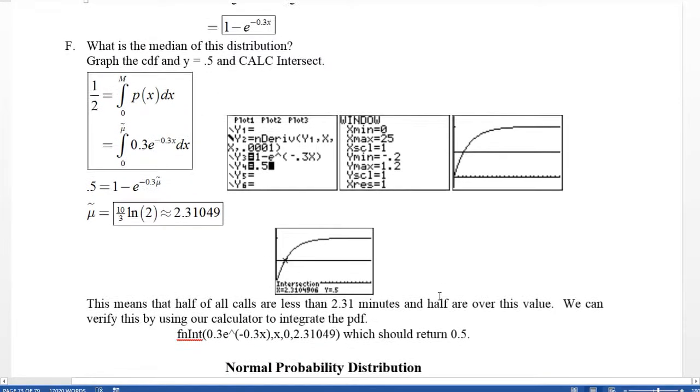In our next video, we'll talk a little bit about the normal probability function, which is a very, very important